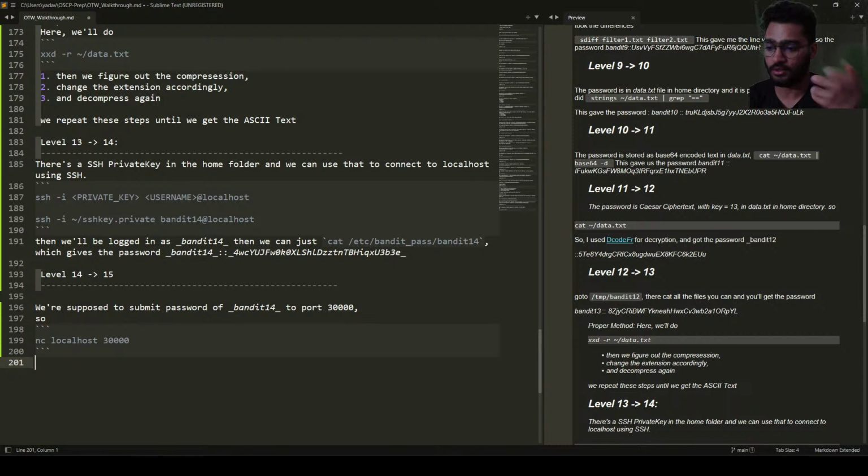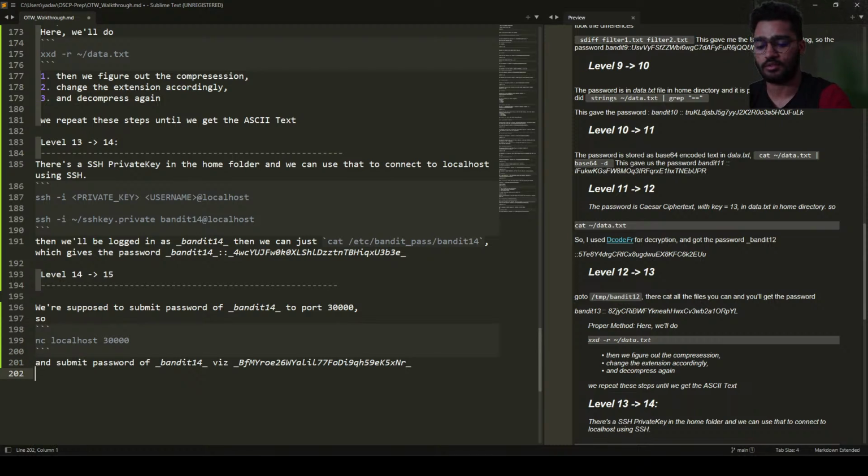I'm just connecting to that on the same machine itself, and submit password of bandit 14, which is this. Then we get the next password, which is for bandit 15, and the password is